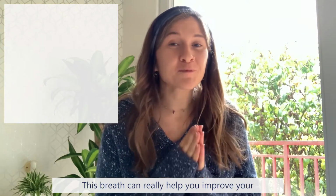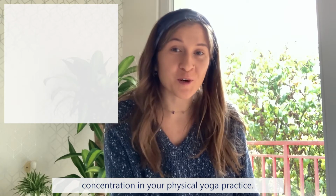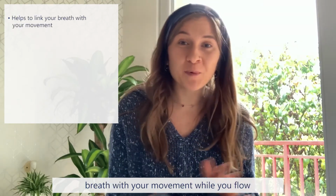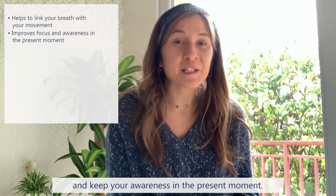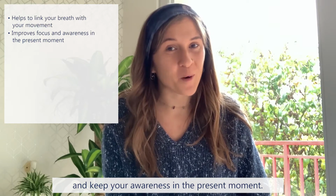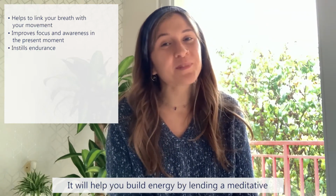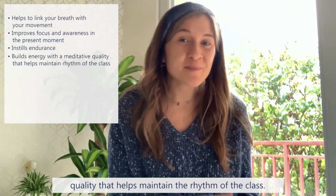This breath can really help you improve your concentration in your physical yoga practice. It can help you learn to link your breath with your movement while you flow. And it helps focus your mind and keep your awareness in the present moment. This breath instills endurance. It will help you build energy by lending a meditative quality that helps maintain the rhythm